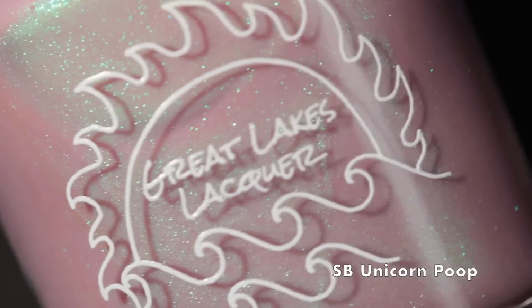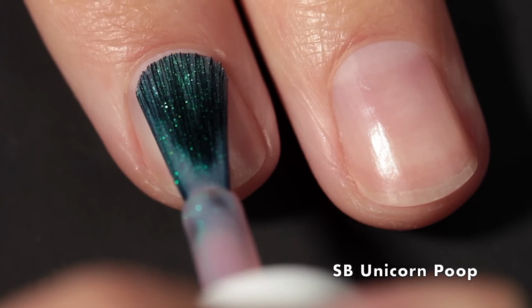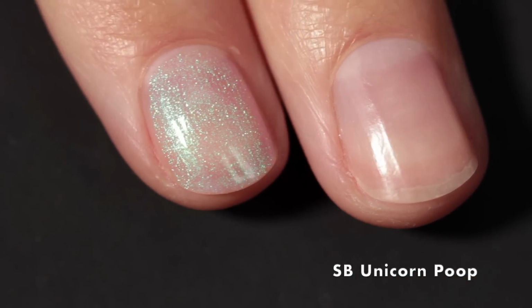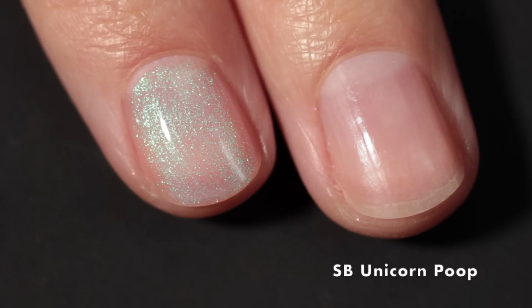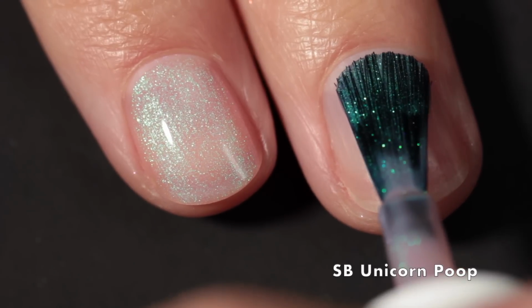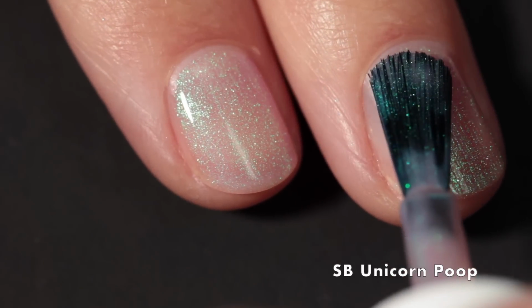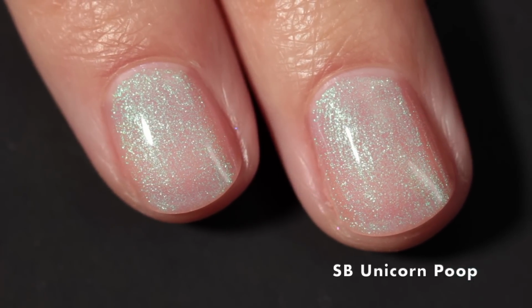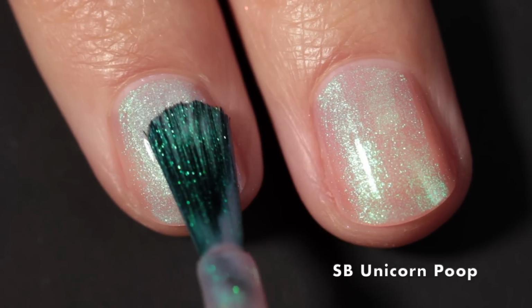Next up is one that people are going to lose their minds over. So this one is called Unicorn Poop. And this one is a dusty orchid pink purple with green to blue to purple shifting shimmer. And this was a small batch that Mariah brought to Polish Beauty Expo. It sold out at the event, and it was not available online initially, but Mariah has been able to bring it back for us, and